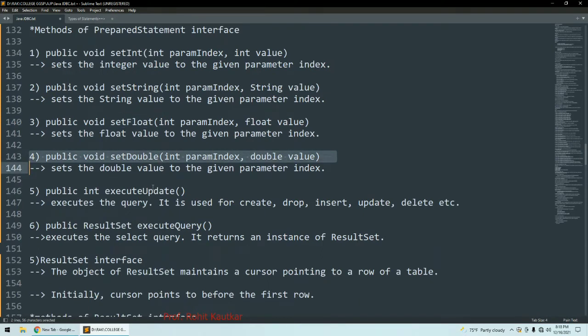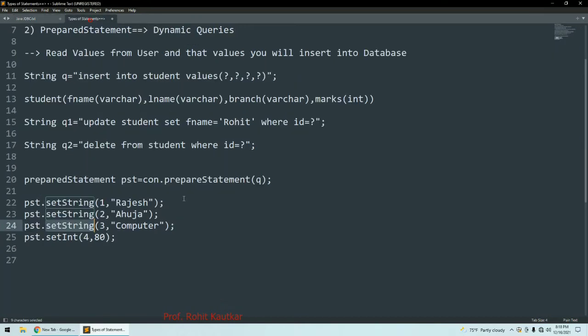Okay, then execute update. Now this is similar to whatever we have discussed earlier. It is used for executing create, drop, insert, update queries, and execute query. This is used for executing select query. So for example, I want to execute this query now. How I will execute this query? So I will write pst dot execute query. As I am inserting, so I will write here execute update like this.